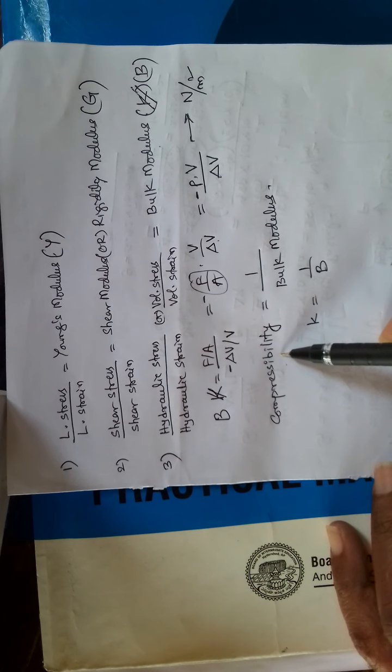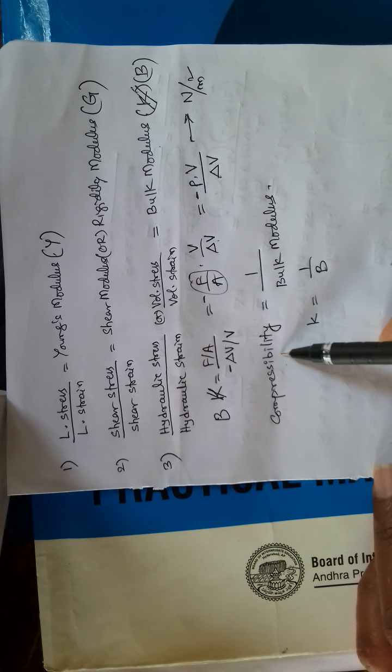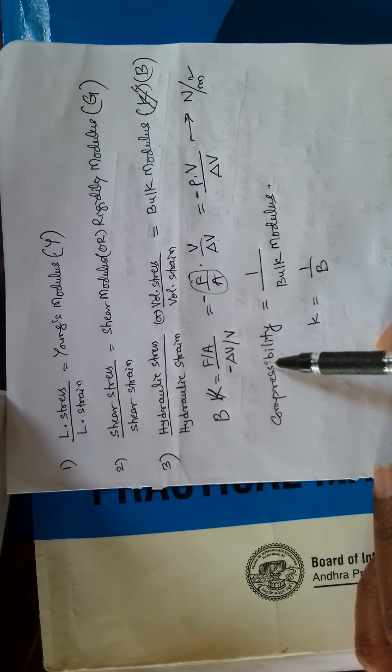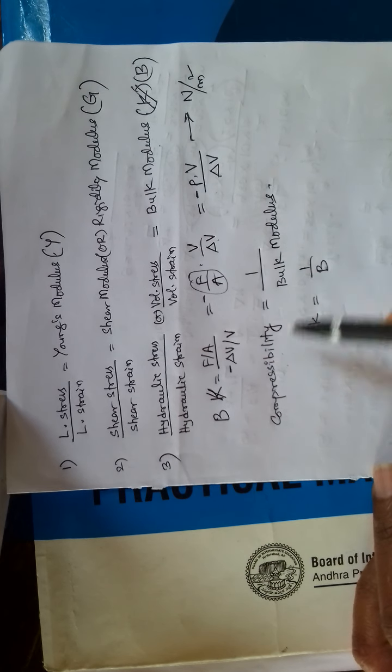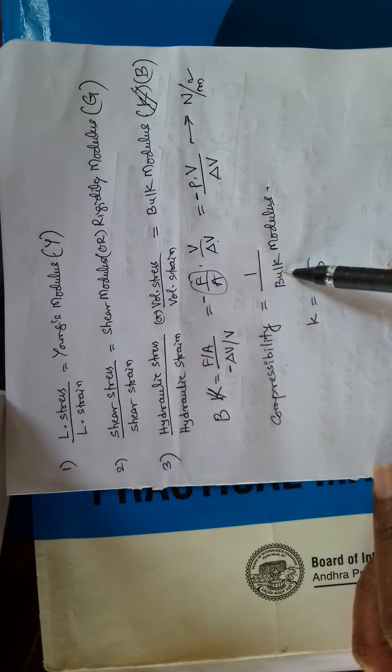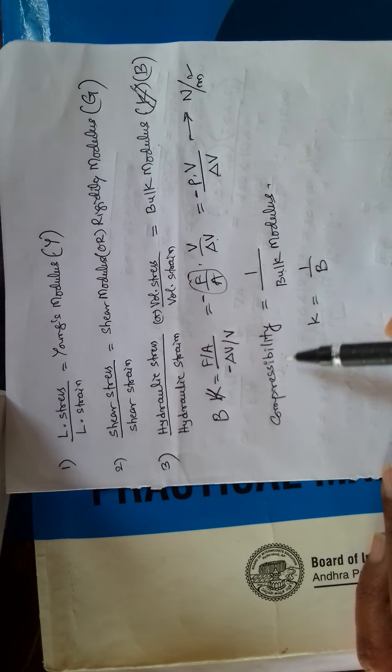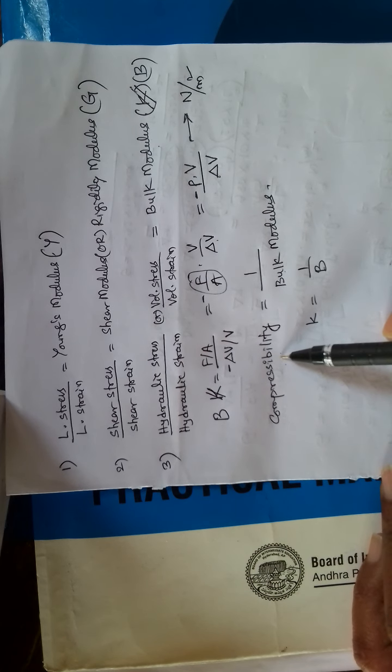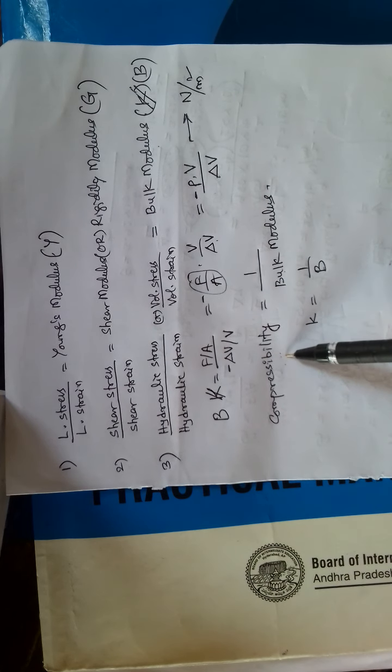See, the name itself gives you a very good physical meaning. Compressibility means how far you can compress a given solid or liquid or gas. So this has a lot of physical significance. Just looking at the bulk modulus value, you won't get a physical idea about the material, but once looking at the compressibility values, you immediately understand how far it is compressible. Let us look at some examples.